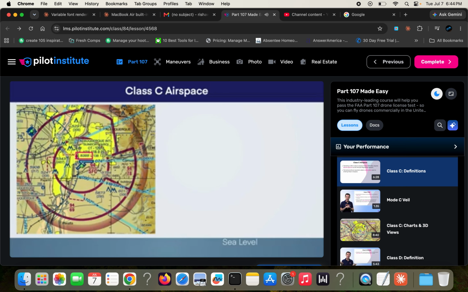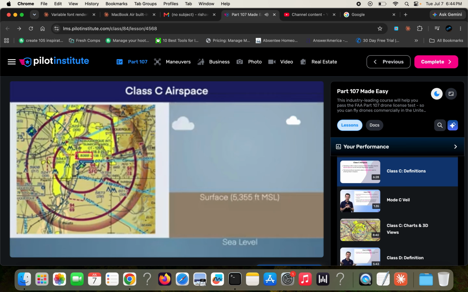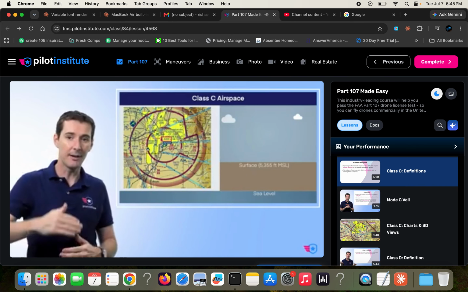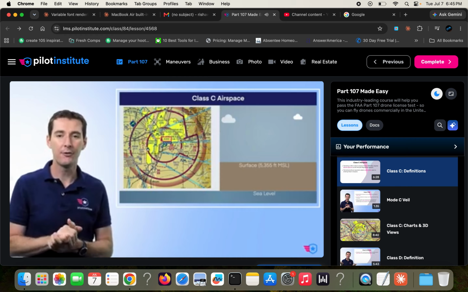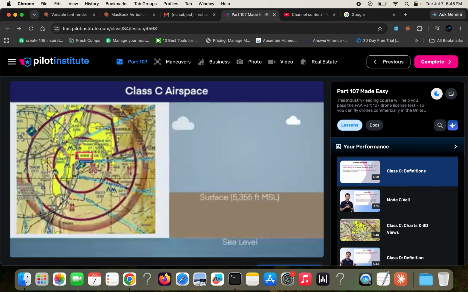So if we look at sea level, now, the airport in itself, as you've seen before when I told you about how to read airport information, that airport is at an altitude of 5,355 feet MSL, above sea level. So that's dirt, okay? We have dirt for the first 5,355 feet. And then on top of it, we'll have the airport. And then on top of the airport, in the middle, we have a cylinder that goes from the surface, and see it says